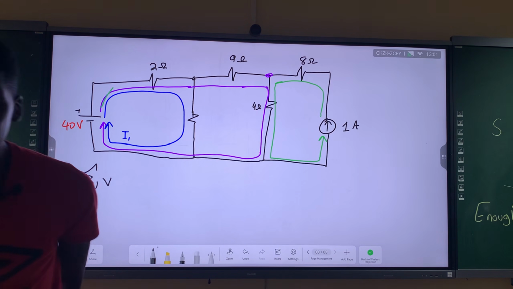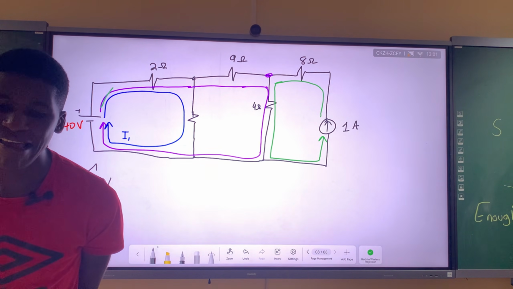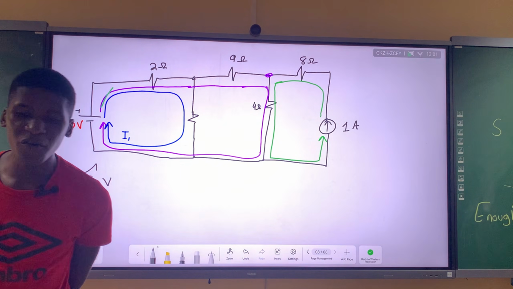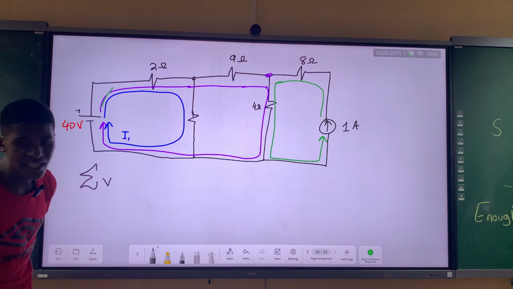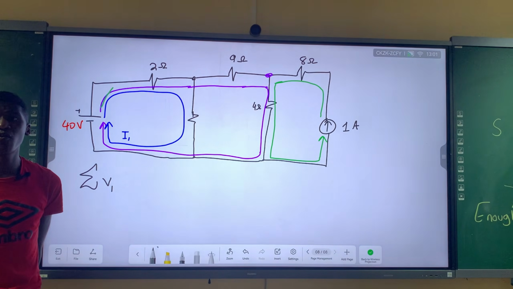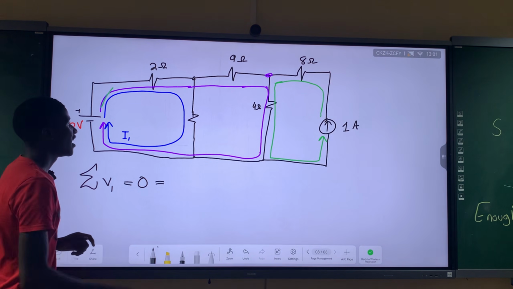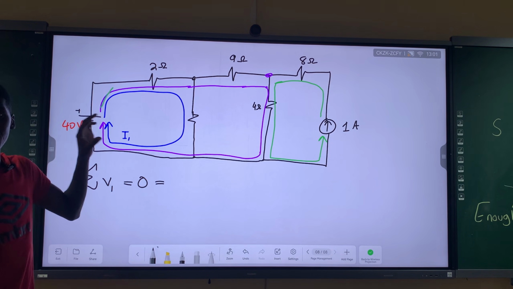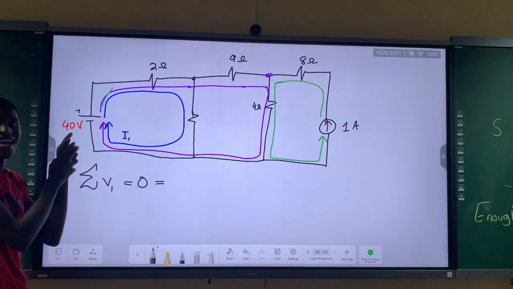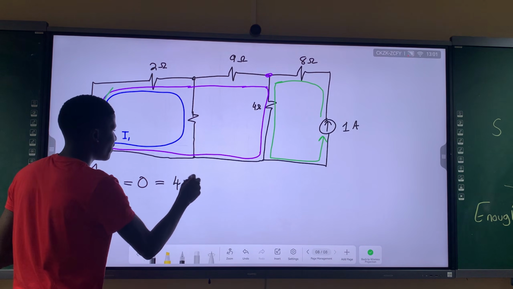Okay, let us look at the loop current. Let's start with loop current. Which loop can we start with? The one with a 40 volts power source, right? This blue one. So I'm going to say loop 1 because I didn't put points on them. So this is loop number 1. Alright. So here I look at my voltage sources because of Kirchhoff's voltage law on the voltages. We have a voltage here which is a positive 40. You see what I mean? Yes, so that's a voltage gain, or positive 40.